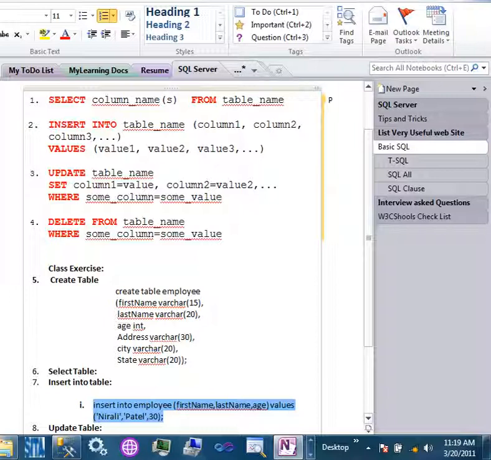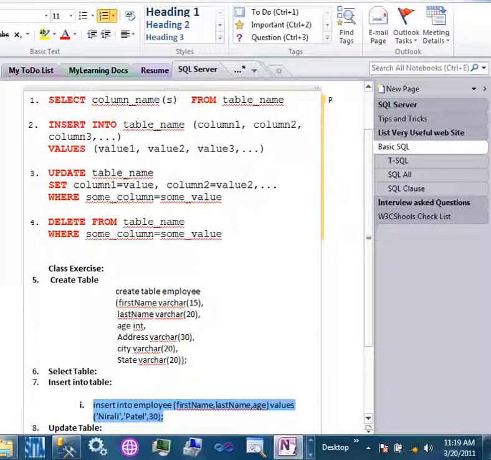So if you want to insert something, how do you spell syntax? Okay. So if you want to update something, you need to tell it I want to update. You need to specify the table name. You need to set the values, and you need to put the condition. If you want to do delete from table name, where you need to put a condition.